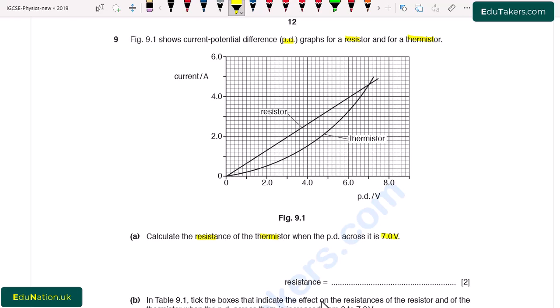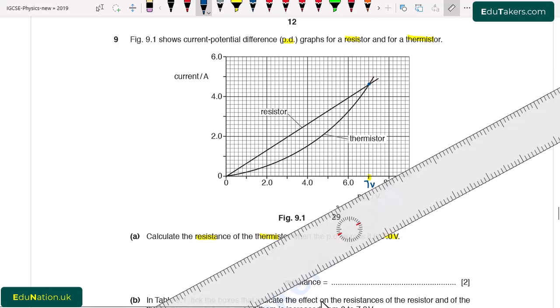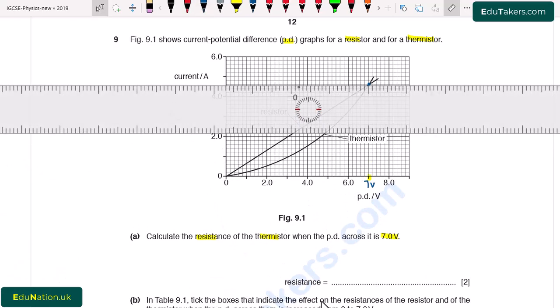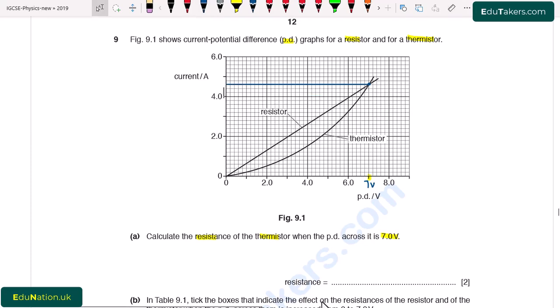So here the potential difference across is given, that is 7 volt, and we have to find out the resistance of thermistor. So we can see in this graph that 7 volt is at this position. So I write here 7 volt, and this meets at this point. We have to find out its corresponding value of current. So by using a ruler, I draw a line here and find out the current value. So at this point the current is 4.6